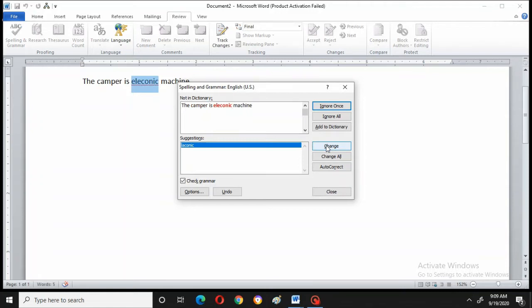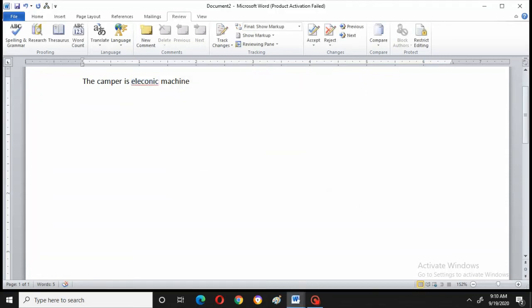see, something has been selected over here, that's why it is changed to that particular word, see, camphor it is saying, but I don't want that. I want computer over there. So what I will do is, first let me close this. Now again I will go there, and again I have to select it.